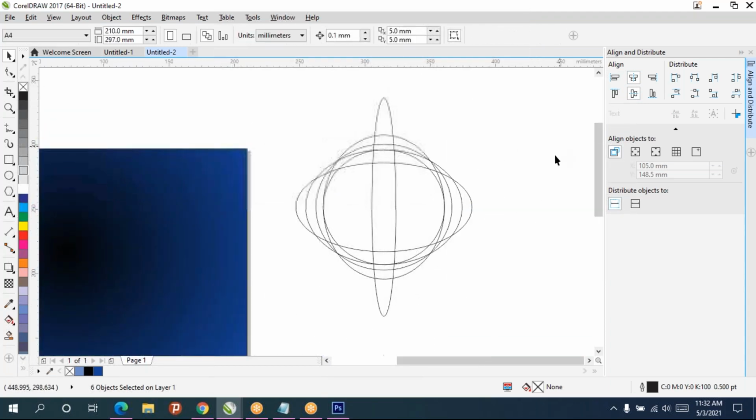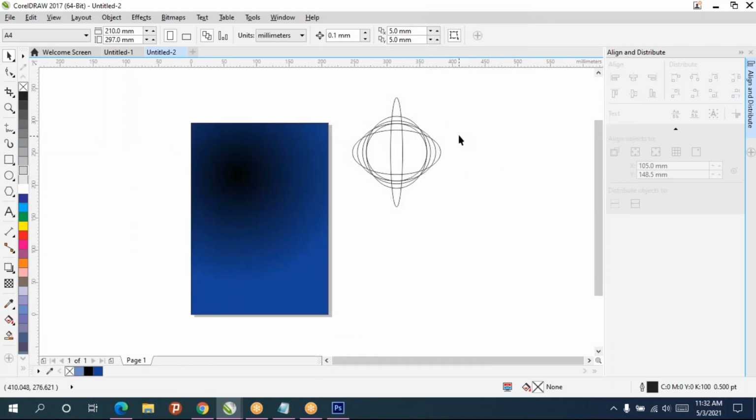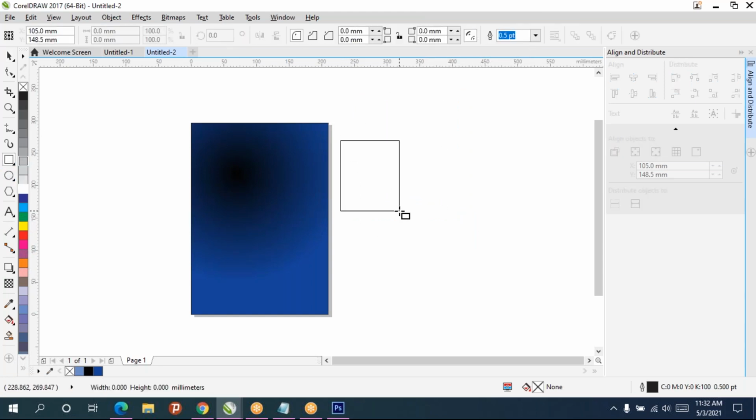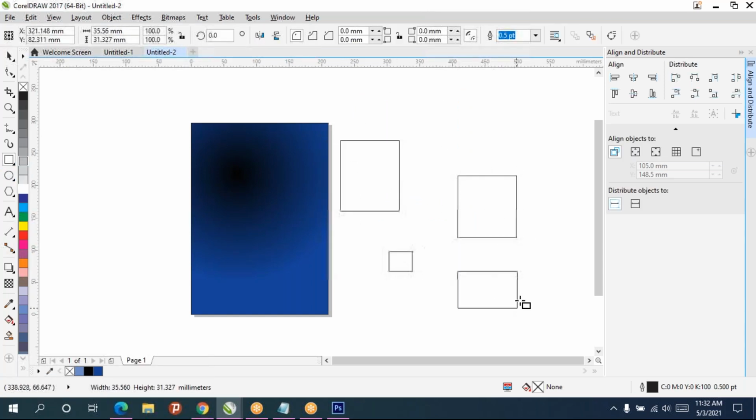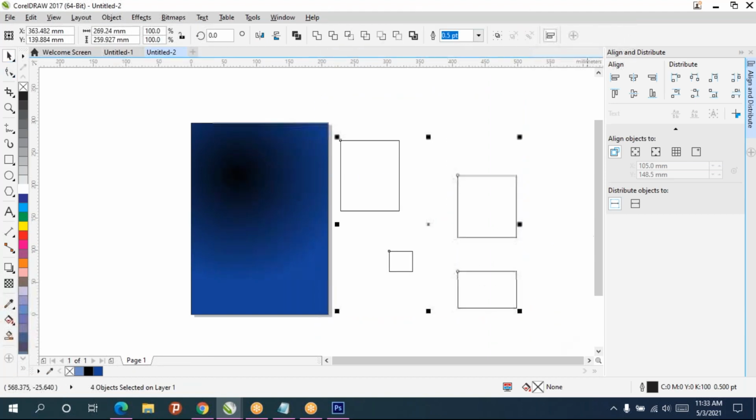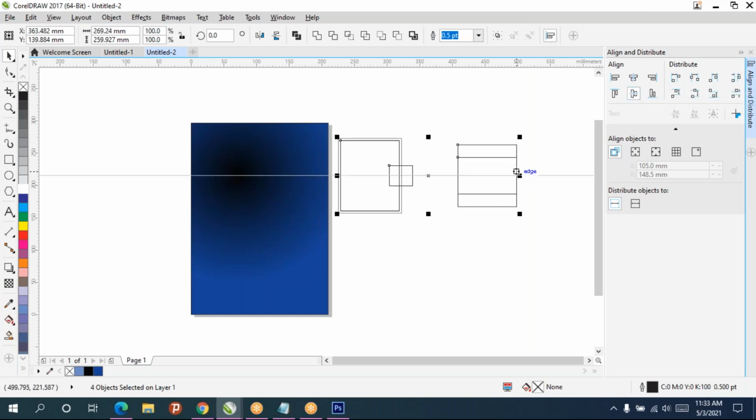Automatically it will align like this. When you have objects like this, select everything and align in the middle. For spacing between each object, I want it equal, meaning distribute.